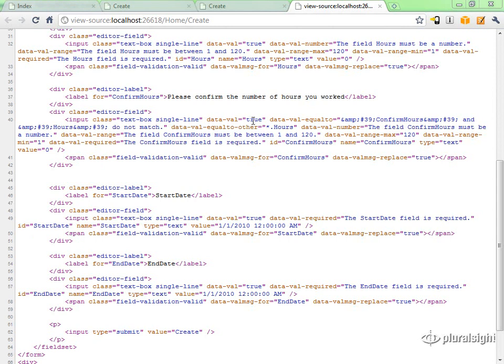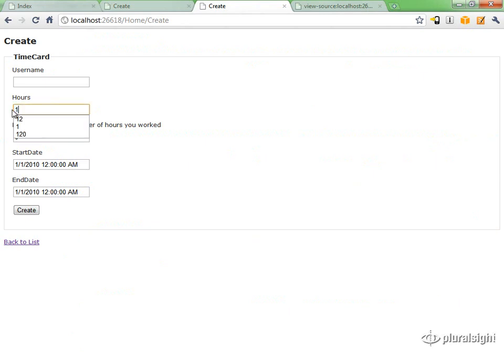So when you see data-val equals true, data-val-equalto, this is all legal HTML. It's going to work cross-browser. And what the validation scripts will do, the jQuery.validate and the jQuery.validate.unobtrusive, is come through and pull the information from these data- attributes to figure out what needs validated. For instance, data-val equals true says that this input needs some validation. It's going to have an equal-to validation. You can see here's the error message that's going to be displayed, and here is the other field that it's going to look for. And so if we come into the create view, and I change the number of hours,